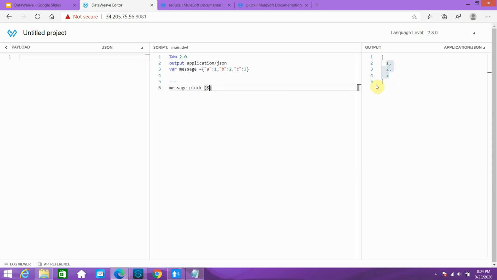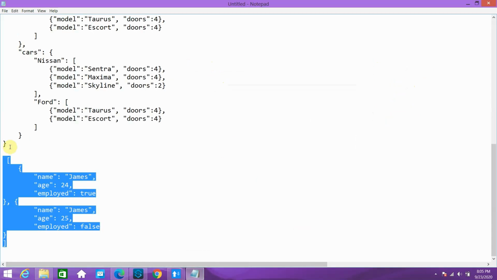As I mentioned, the result will always be an array, but if I want a name-value pair, I can use double dollar. You can see I got a equals 1, so it properly converted into multiple objects, and the output is in the form of an array. If I say triple dollar, it will give 0, 1, 2: 0 is the index, 1 is the index, 2 is the index. That is how you can use the pluck operator in your Mule data transformation, but we will take a more complex example.